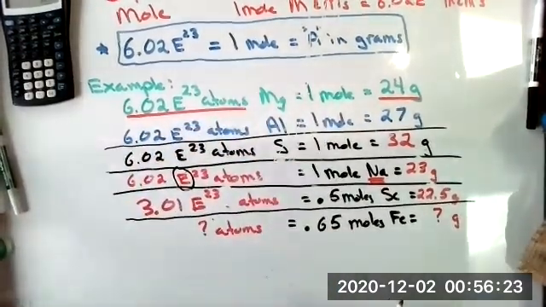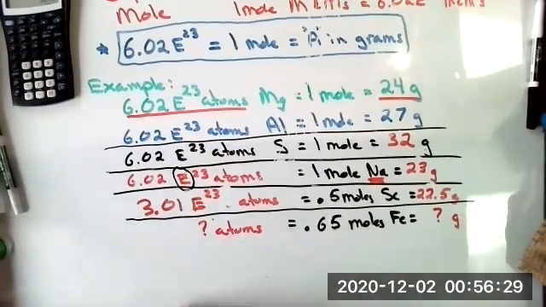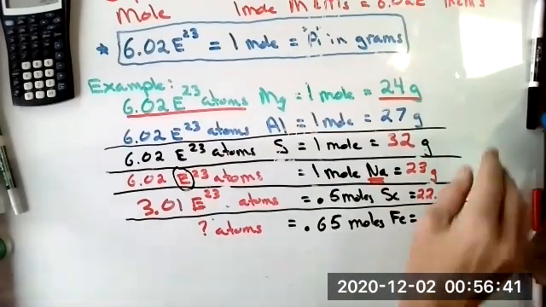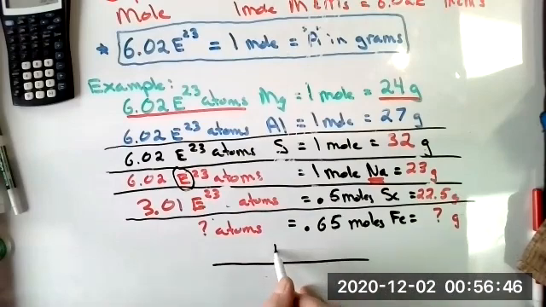So how in the world would you solve something like that to get the mass or the atoms? Well, this goes back, and this will probably make you want to pull your hair out. This goes back to our very first topic of the quarter, back to topic number 1. What did we do in topic 1? We built bridges. And in topic 1, we were converting metric stuff, like